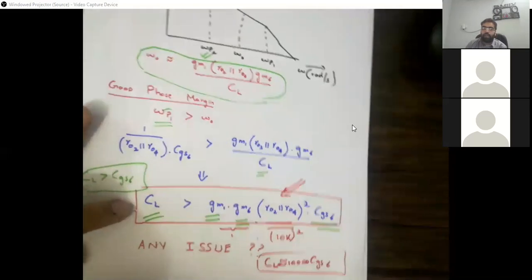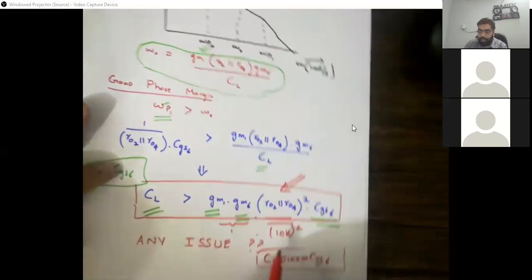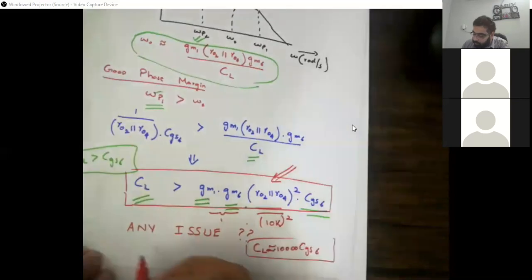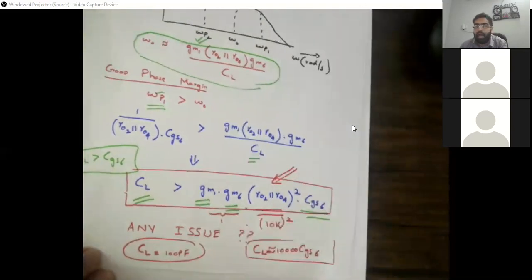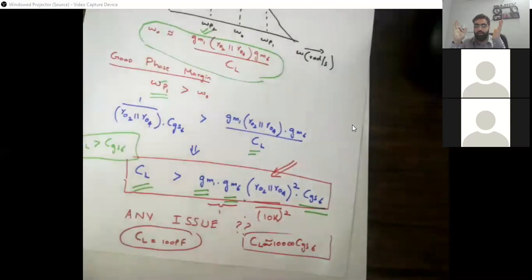उसका issue ये हो क्या होगा कि we can have this much big capacitance, but this big capacitance will result in the CL value of around 100 picofarad. 100 picofarad we cannot have on chip. It's a very much huge value. आप अपनी जो chip होती है या जो mobile phone है उसमें एक 100 picofarad का capacitor integrate नहीं कर सकते chip में. You need to have a smaller value of capacitor integrated. Why? Because it's going to take huge area.